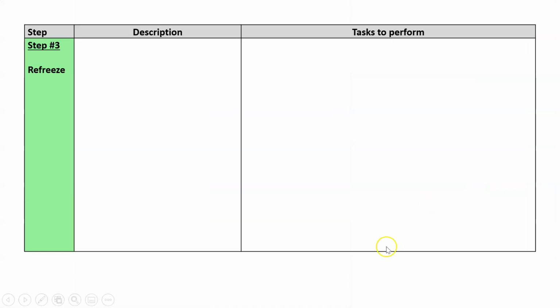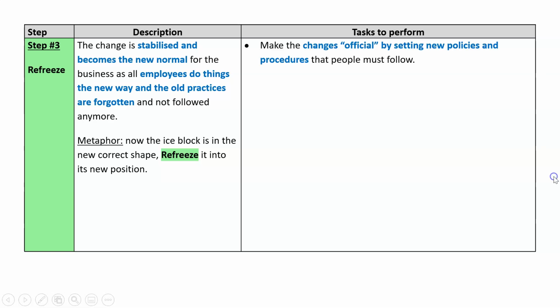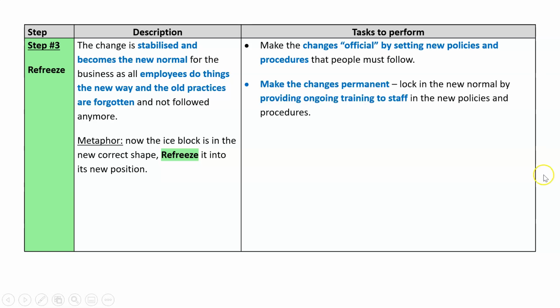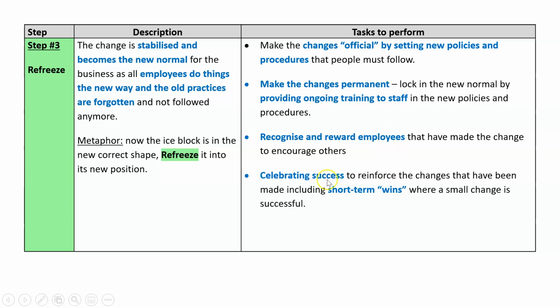Lastly, step 3 is refreeze. The change is stabilized and becomes the new normal. All employees do things the new way and the old ways are forgotten. What can we do? We can make these changes official by having set policies and procedures now. You have to do it this way, for example. Provide ongoing training, that's a good one. Recognize and reward people and celebrate short-term wins. So that's an example of, you can reward people who do things the new way, for example, and celebrate people